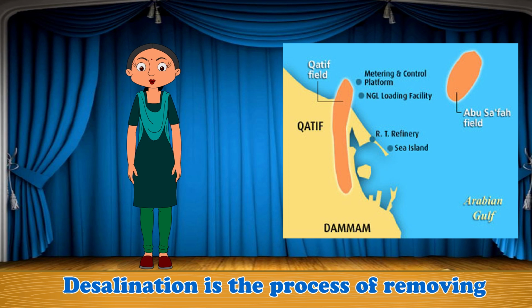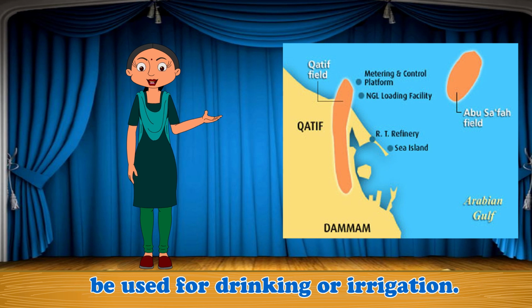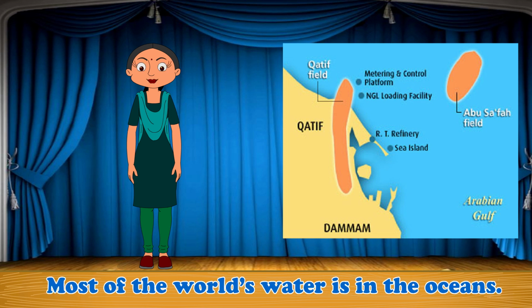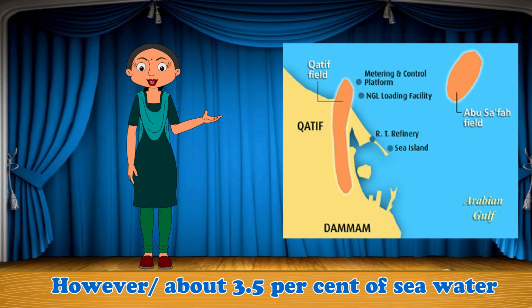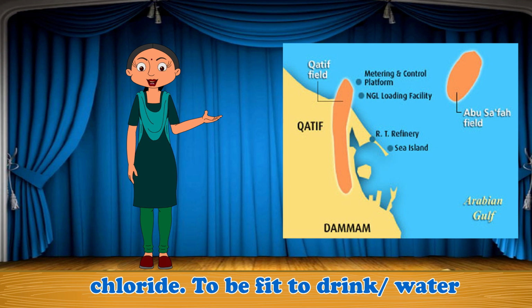Desalination is the process of removing salt from water so that the water can be used for drinking or irrigation. Most of the world's water is in the ocean. However, about 3.5% of seawater consists of salts, mainly sodium chloride. To be fit to drink,